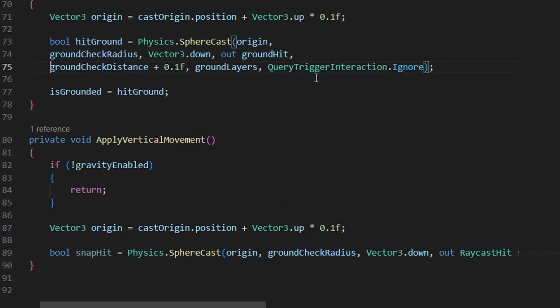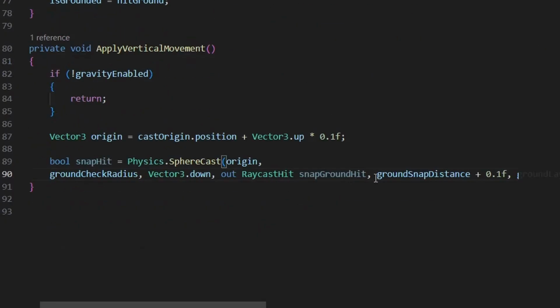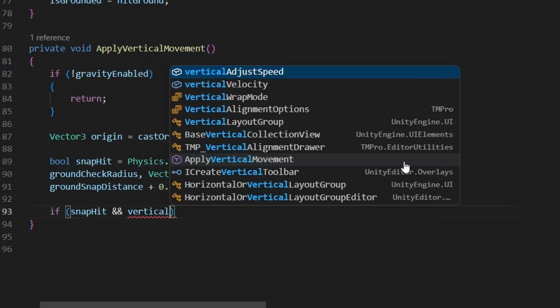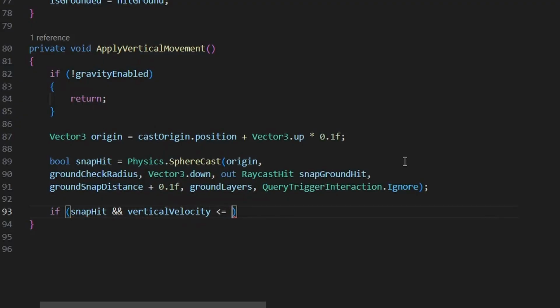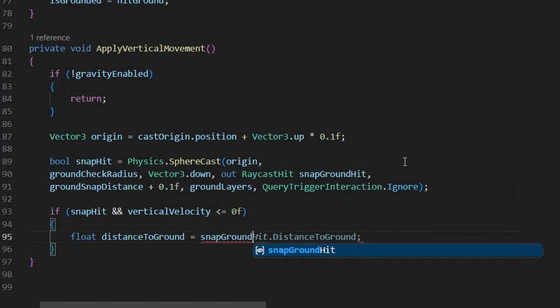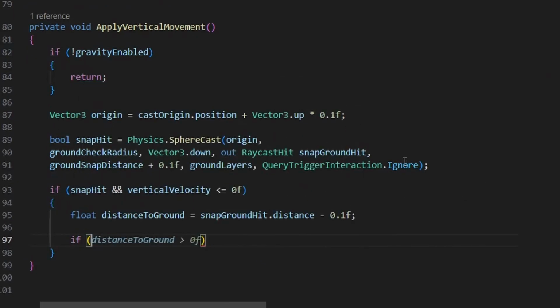I'm just going to clean these up a little bit so they are more legible. Then we'll go down here and say if snap hit and vertical velocity is less than or equal to 0, then float distance to ground equals snap ground hit.distance minus 0.1f. If distance to ground is less than or equal to ground snap distance, and then inside that we're going to